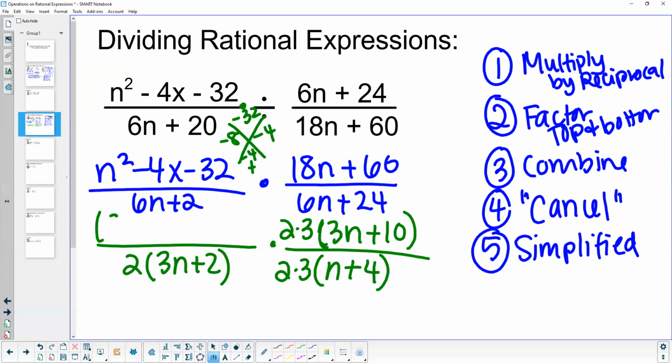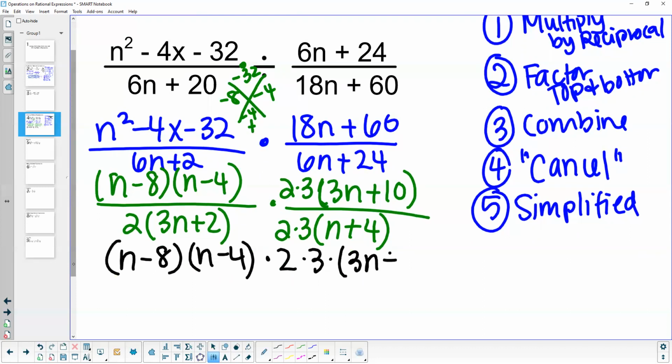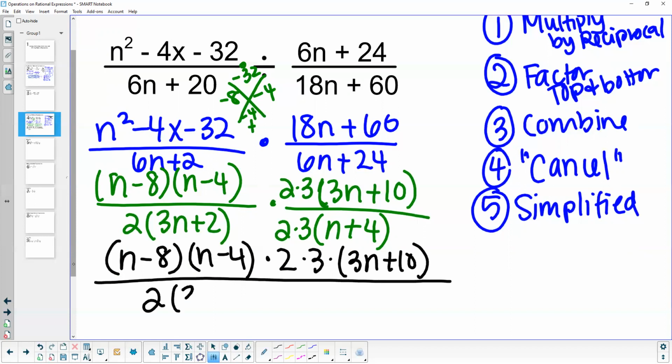And so we end up getting n minus 8 and n minus 4. Awesome. Then our third step is to combine these all together. I'm going to do that in black here. And so we've got an n minus 8 combined with an n minus 4 times a 2 times a 3n plus 10. And that whole thing is going to be over 2 times 3n plus 2 times 2 times 3 times n